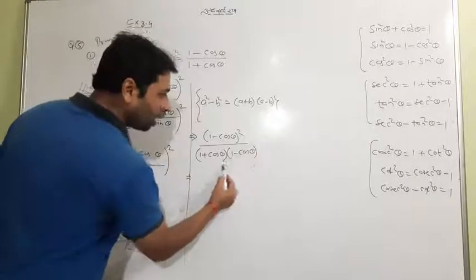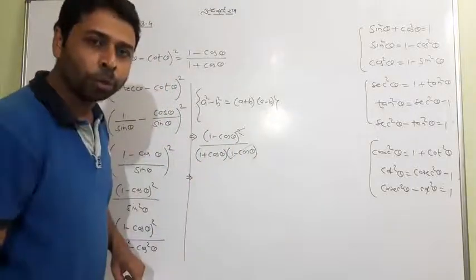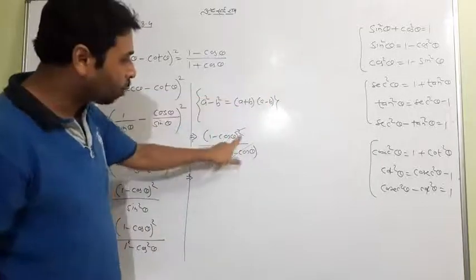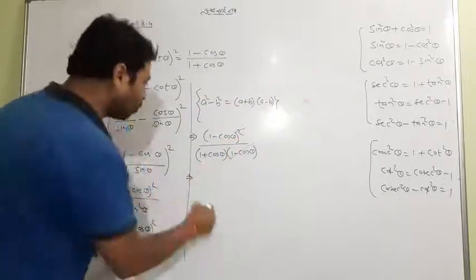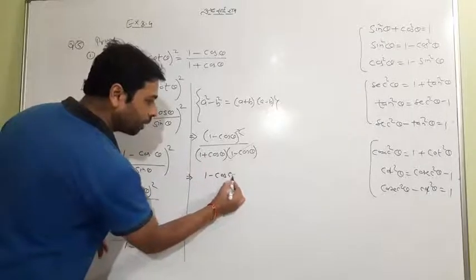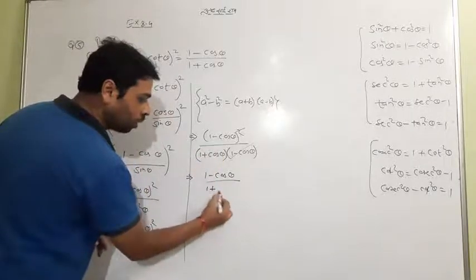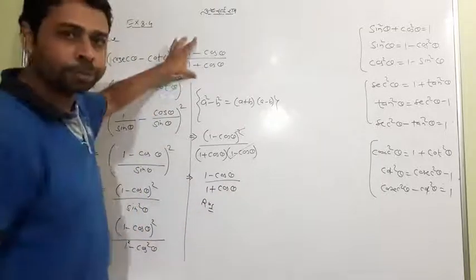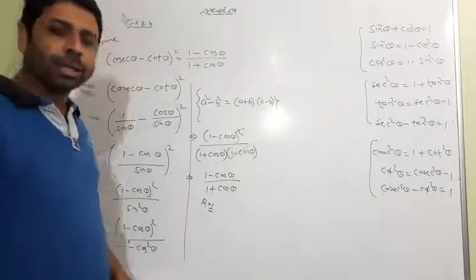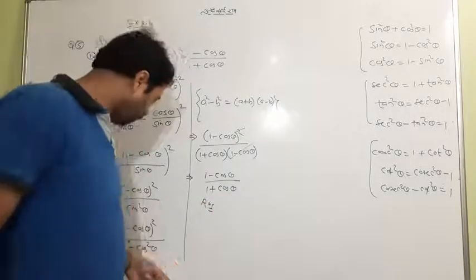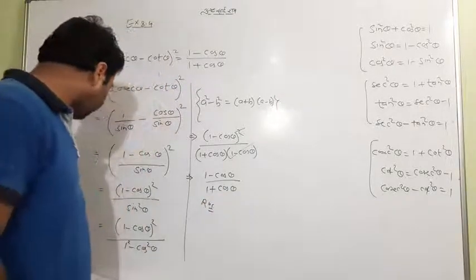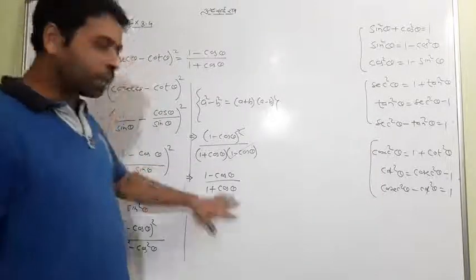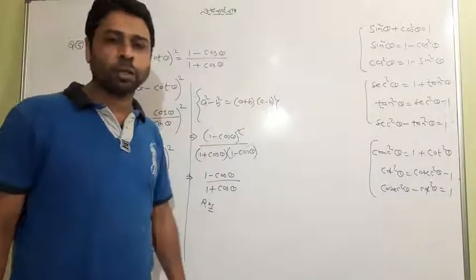So this single factor will cancel one part of the numerator, because both are identical terms. Power cancellation means I cancel one time. What remains upside is 1 minus cos theta, and the downside is 1 plus cos theta, which is the right hand side. Look at this. Hope, students, you have got it, and we will do similar kinds of questions. Hope this is good enough for the day. Do try a few questions from your side if you feel comfortable, or practice whatever I have done till now. Thank you.